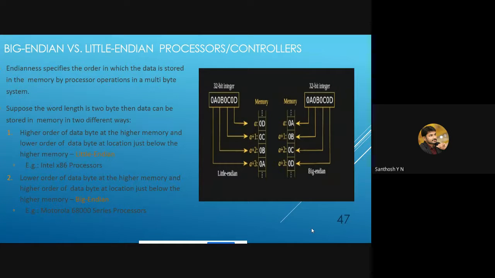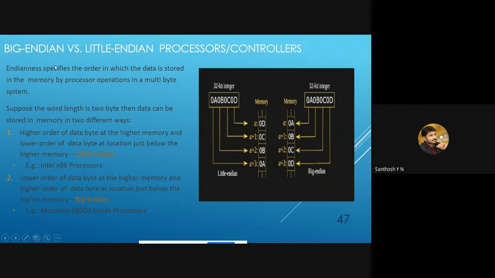Okay, so in this video we will be understanding a very important concept, that is little endian and big endian processors. Each and every processor will be following one of these concepts, either little endian or big endian. Whenever I was explaining the concept of how the data will be stored in the memory location, I had already explained it, but I had not used the terms big and little endian. So these terms are new to you.